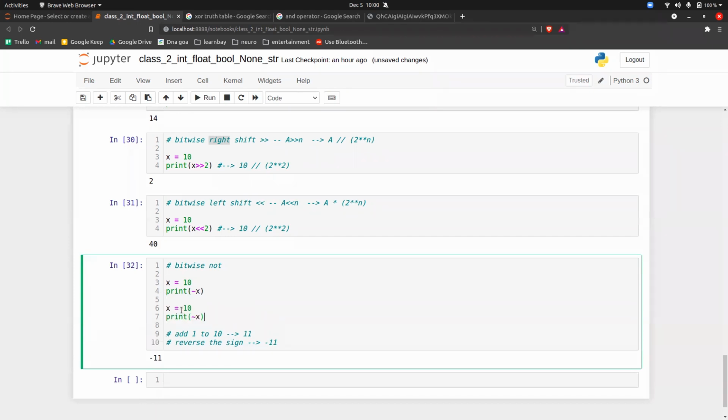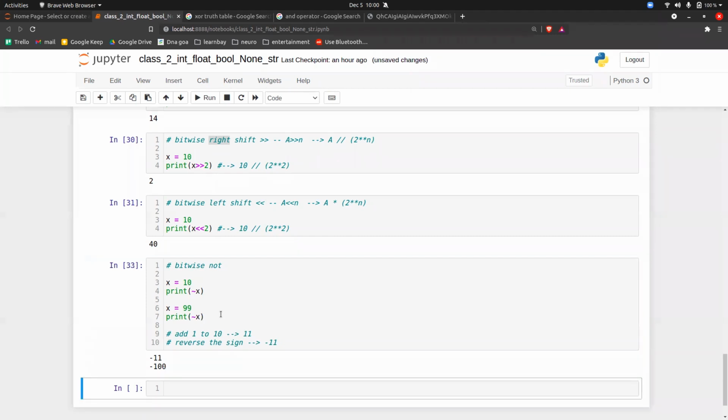What is the answer if I write 99 here? The answer is minus 100.